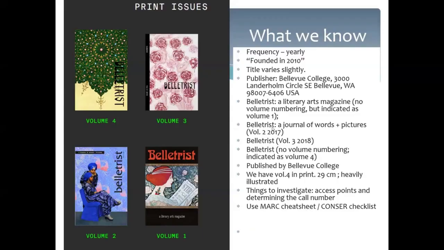Volume 2, the title is Bellatrix, and then there is a volume 2, 2017, exactly as that, volume 2, 2017. And then there's a subtitle, A Journal of Words and Pictures. So here's a situation where we would have a subfield A for Bellatrix, but then we would need to figure out what we're going to do with these other titles. So this would be a good example of one where Bellatrix would be the whole title as a whole, and then we would have to account for these titles. So title varies as a note, and then we might actually list exactly the titles for each issue, at least